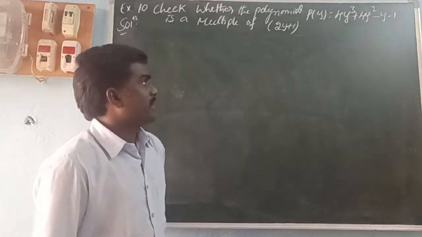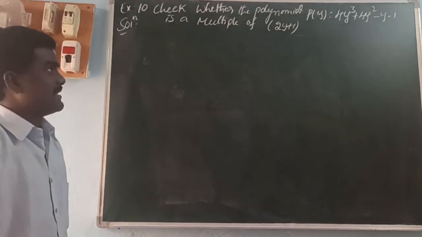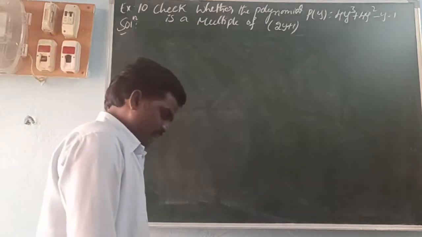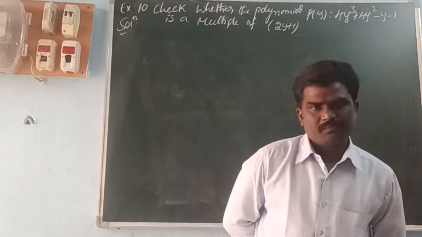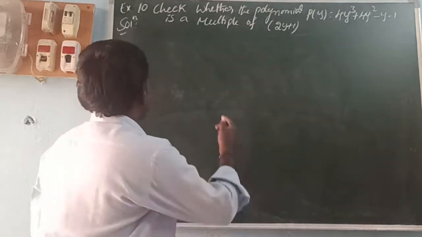Check whether the polynomial p of y is equal to 4y cube plus 4y square minus y minus 1 is a multiple of 2y plus 1. So multiple is nothing but divisible. Divisible means when it is divided, the remainder is 0. So here